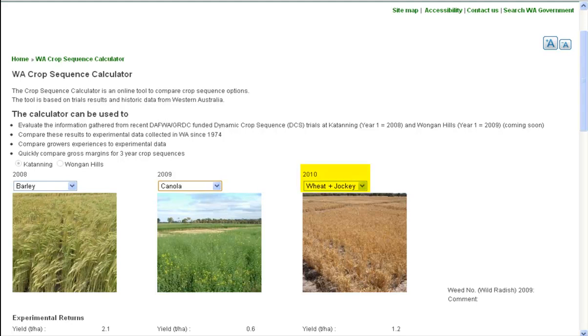And then the only option in 2010 is wheat. It's wheat plus jockey as the only treatment available, because that's the only treatment that we did. We sowed the whole trial to wheat plus jockey. If you scroll down,